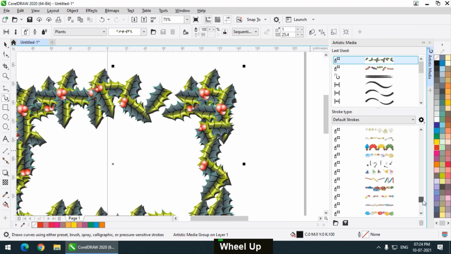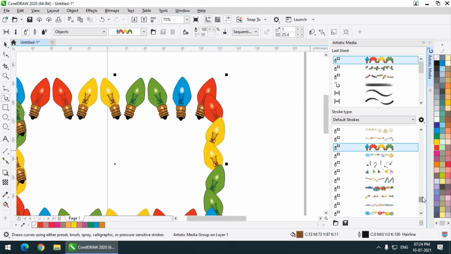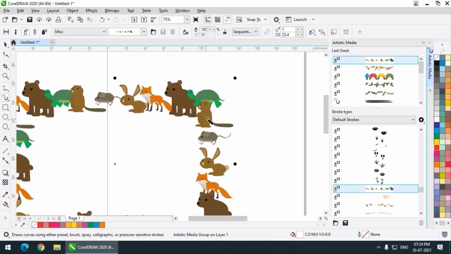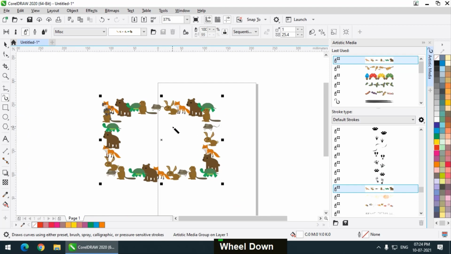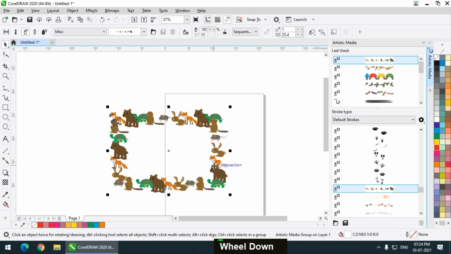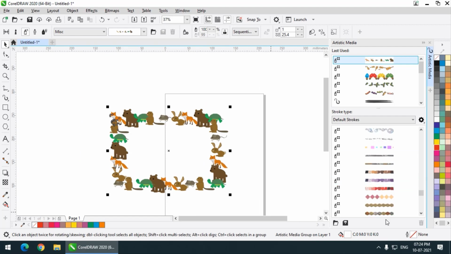Plants, we have fruits, we have light bulbs, we have so many options that you can see and apply. We have music instruments, we also have some animals. So these are very nice objects or things to check out. I have already mentioned that it will take a very long time to cover all the options.